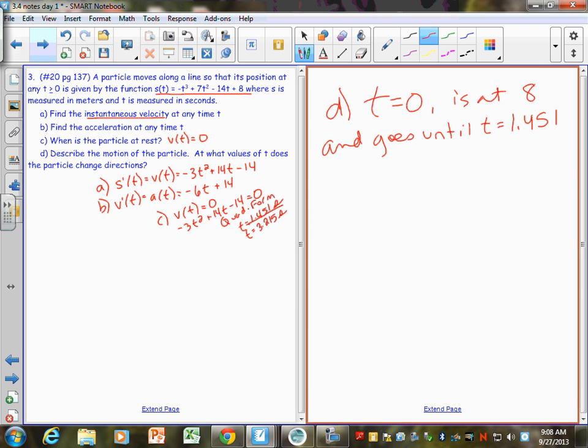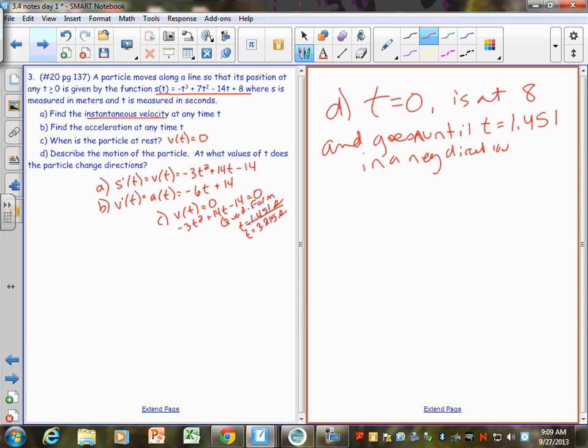Yeah, and we really could say whether it is going positive or negative by plugging in another number. Let me do that really quick. If I plugged in 1 into this, negative 1 plus 7 minus 14 plus 8. If I plug in 1, I get 0. So if I plug in 1 for time and I get a smaller number than 8, does that mean my graph is moving in a positive direction or a negative direction? Negative. So I could say, and it goes in a negative direction. Let's put that, and goes caret.